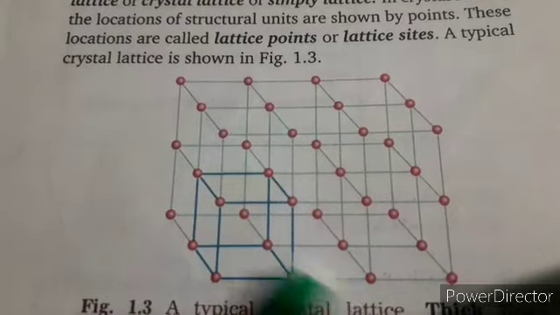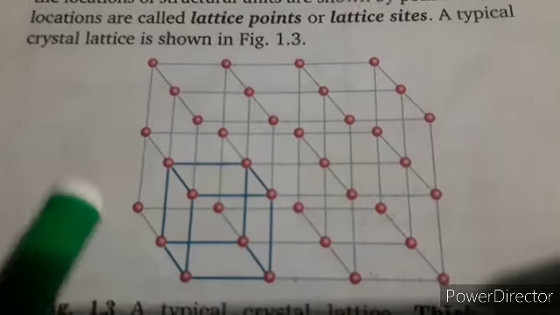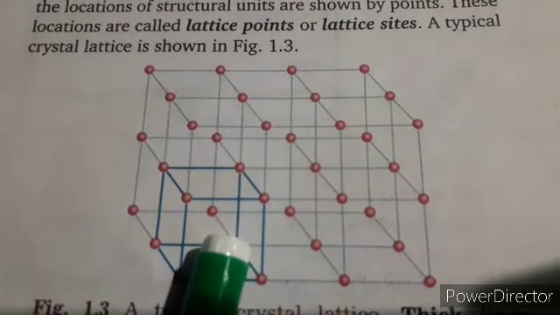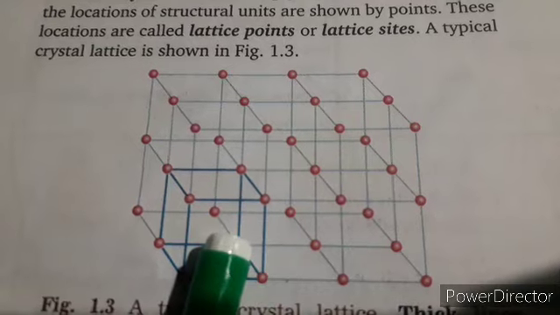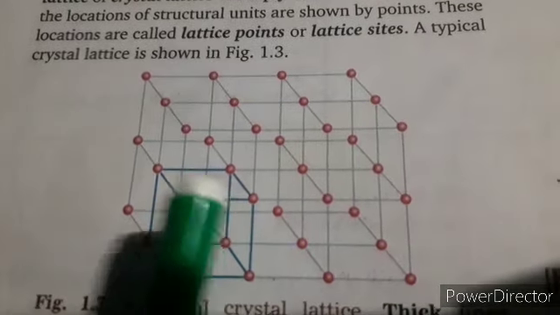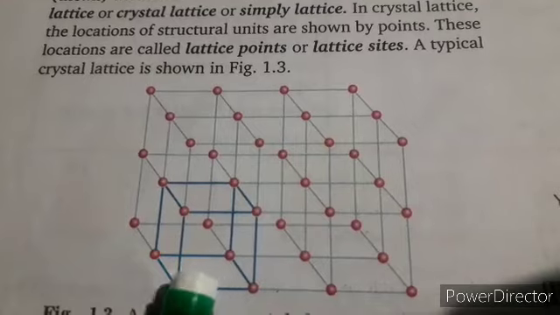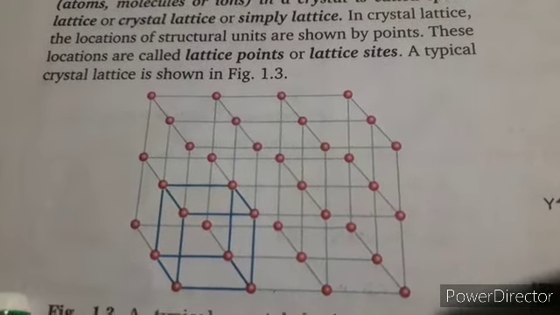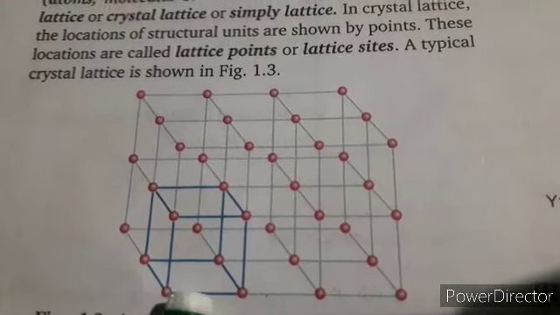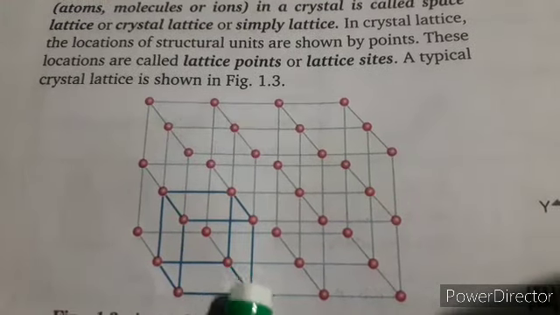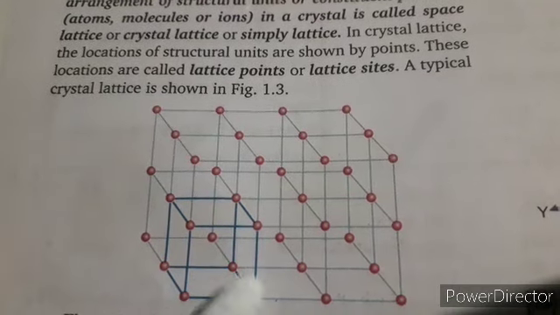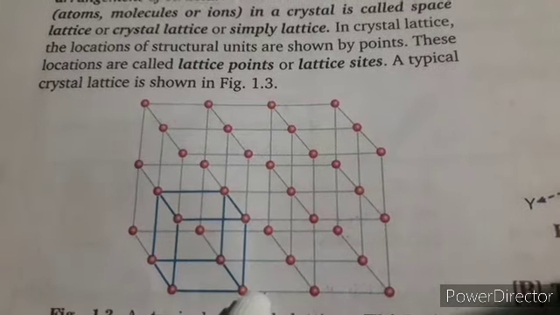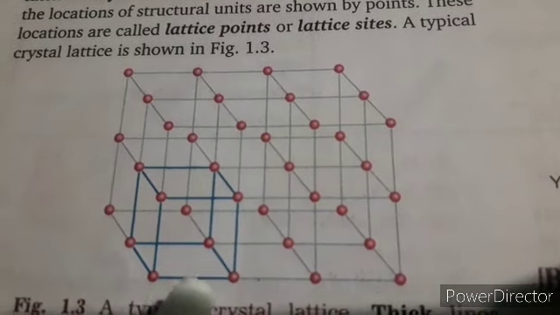This is the lattice, or you can say space lattice. Now just see the definition. It's a three-dimensional structure. We call something three-dimensional when it has length, breadth, and height. I have already shown you the previous object, the black one, which contained length, breadth, and height. In this diagram, this portion is your length, this is your breadth, and this way is your height. So it has all three things: length, breadth and height.